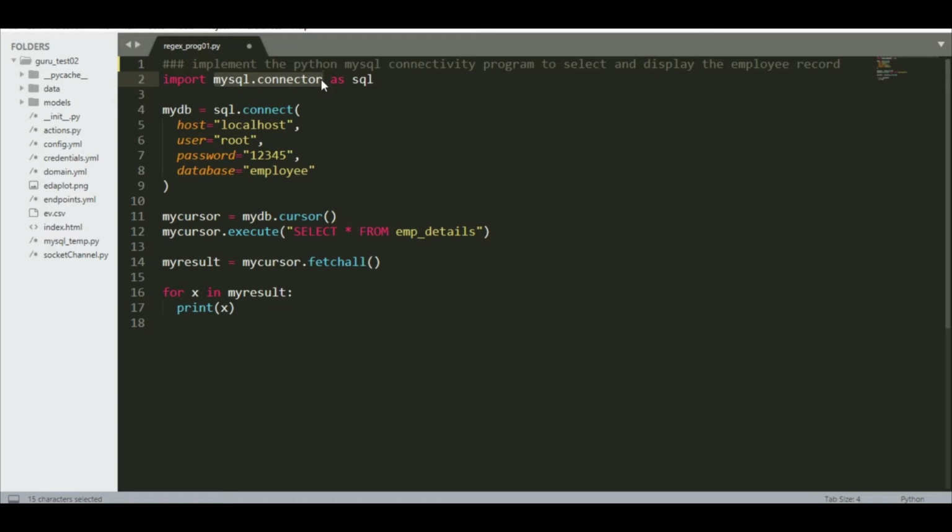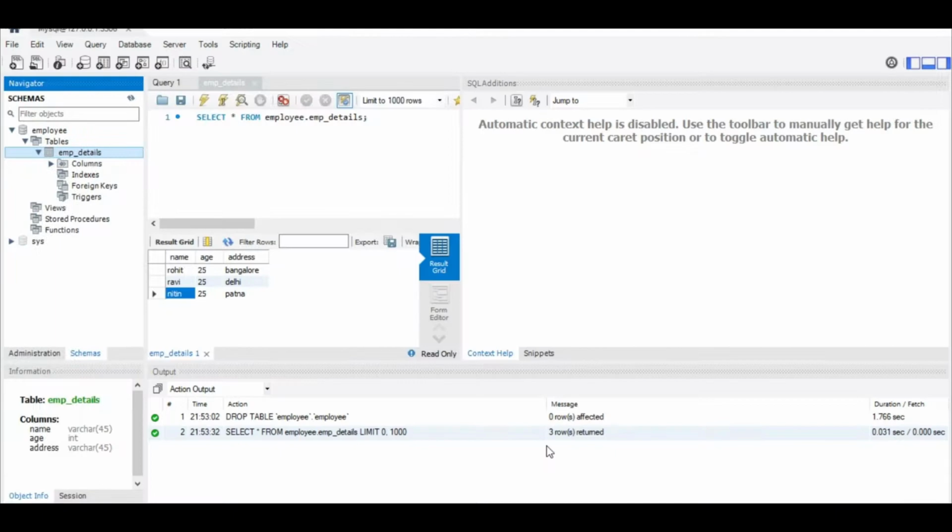Now, in order to create a database, we need a software, and you can easily download the software from Google. The name of the software is MySQL. Just download that software, and inside the software we are going to create a database. A database means a collection of some records. So here I have created one database of employee.